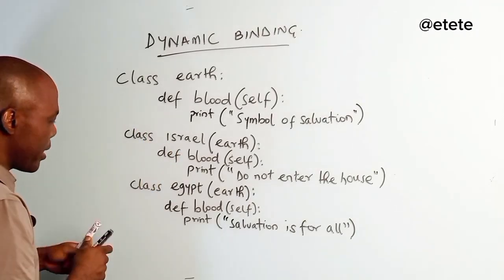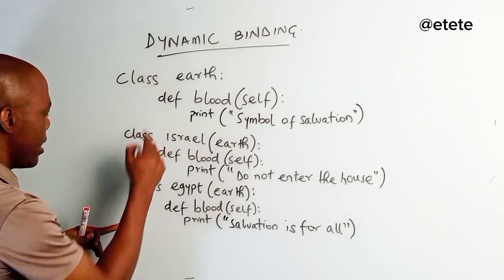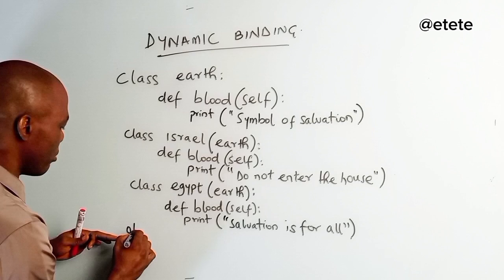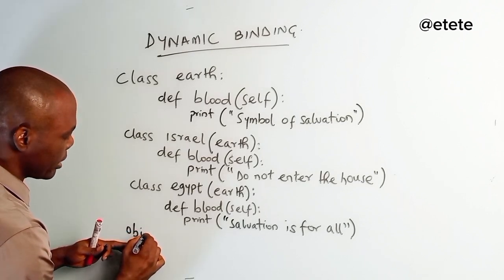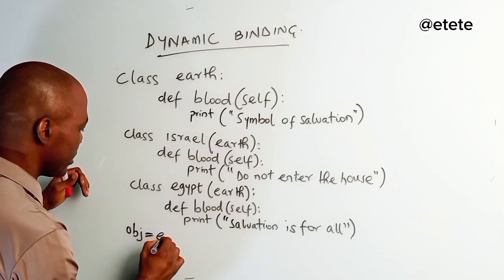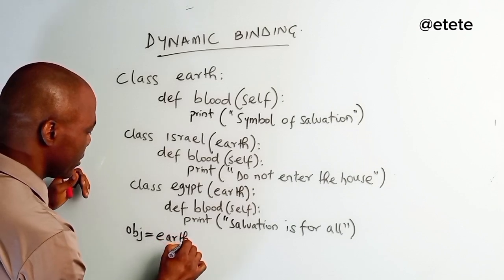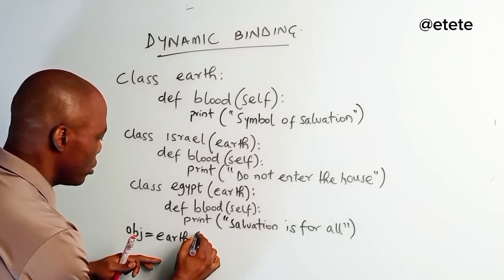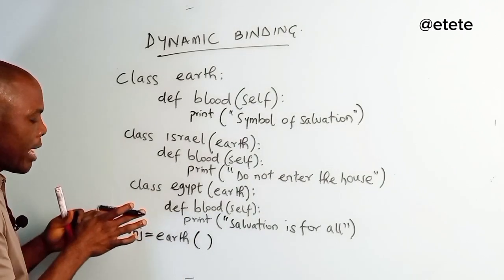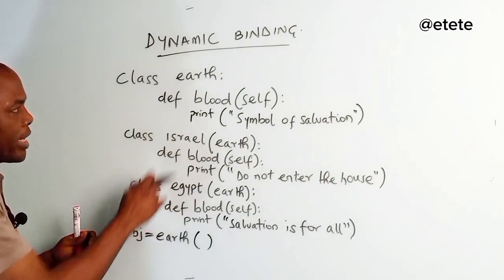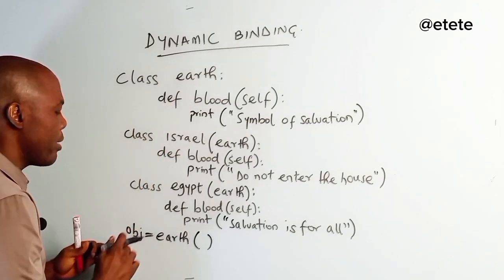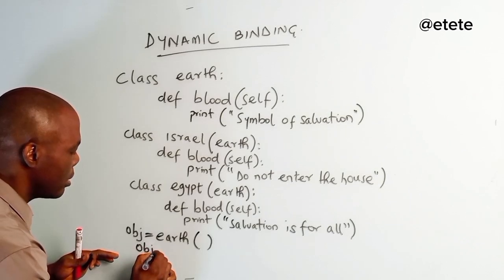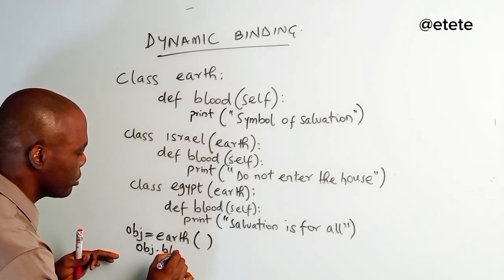So if I come here now and I say Earth, let's call it object. I call it object, and then I say Earth, right? Since there is no init method, I'm going to call the default constructor. So it's just going to be like this. We have instantiated Earth, right? Now, if I say object dot blood,